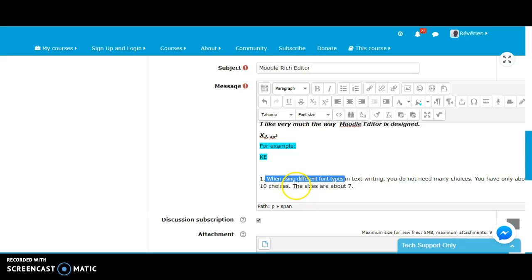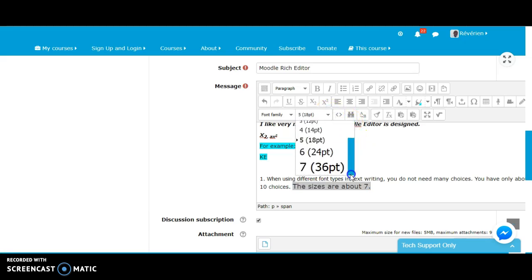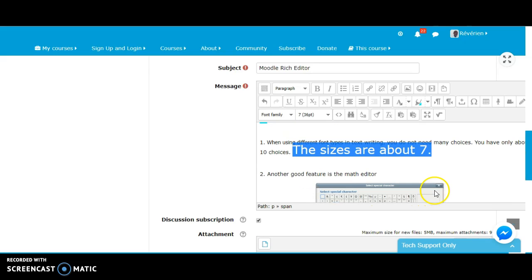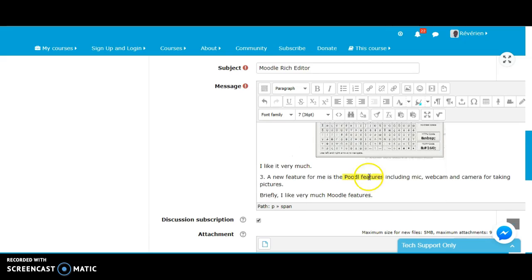But for the sizes, here there are 7, and you have to choose here. For example, here we have 12 point as size. We have this one, and once you want to maximize your sizes, you will use this one and this one.